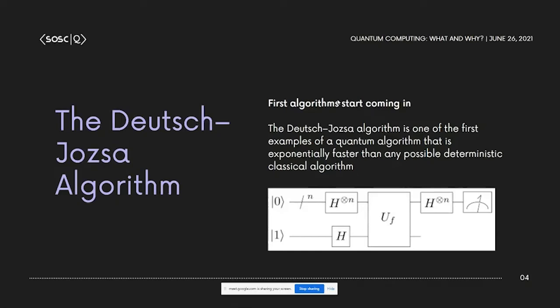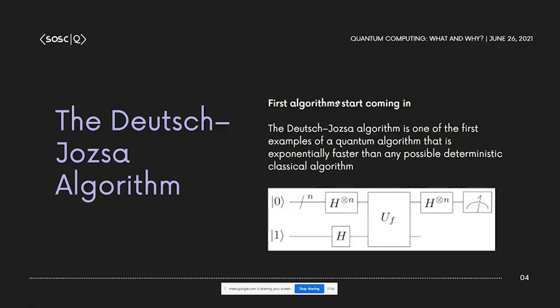But then came Deutsch and Jozsa, who came up with one of the first quantum algorithms to show a significant speedup. It was a toy problem. It didn't really give you a lot of insights. It classified whether a function is balanced or constant in constant time. People still were not interested in it. People were like, okay, fine, it's a toy problem, there's no real use for it, right? So what do we do?